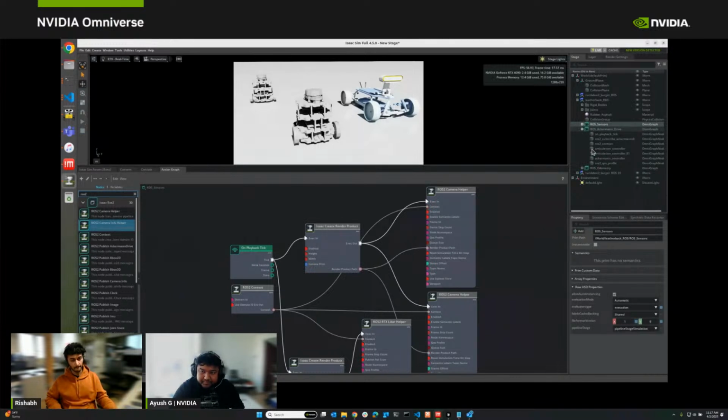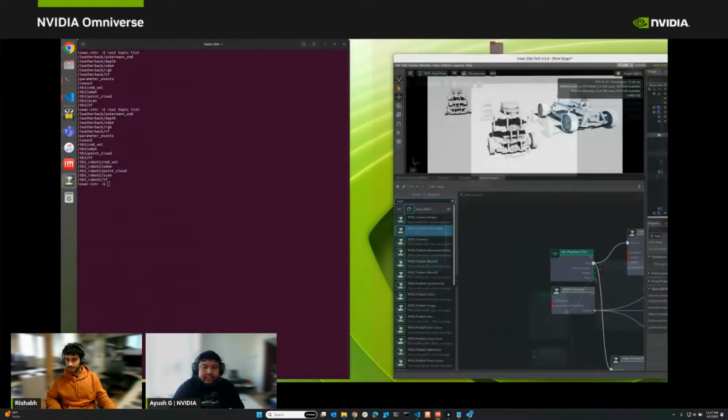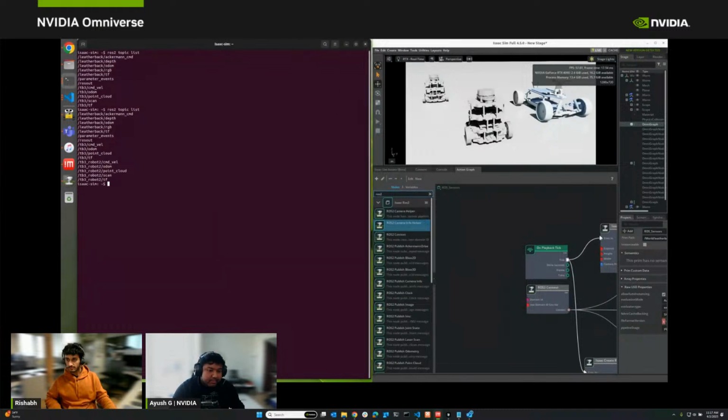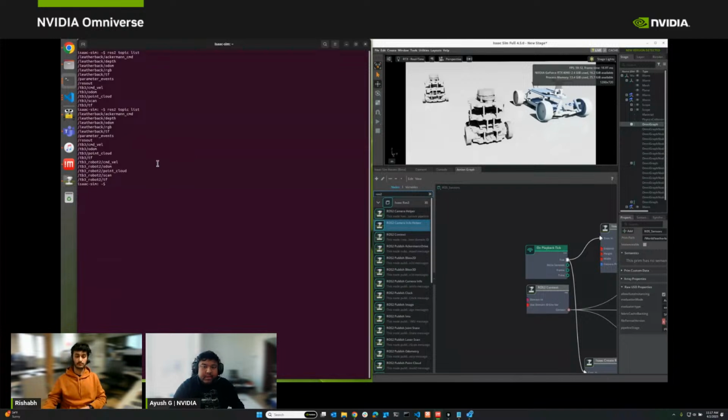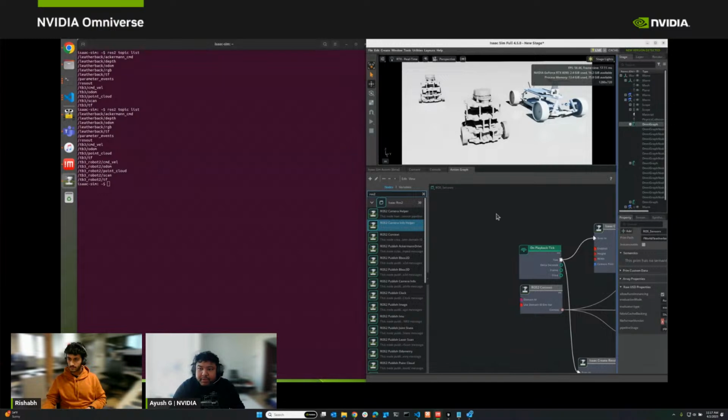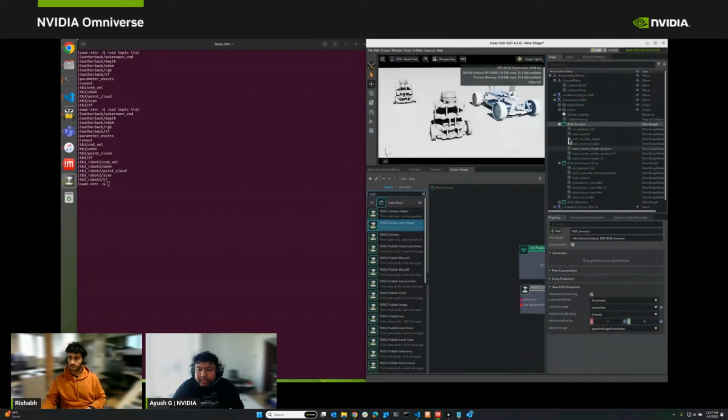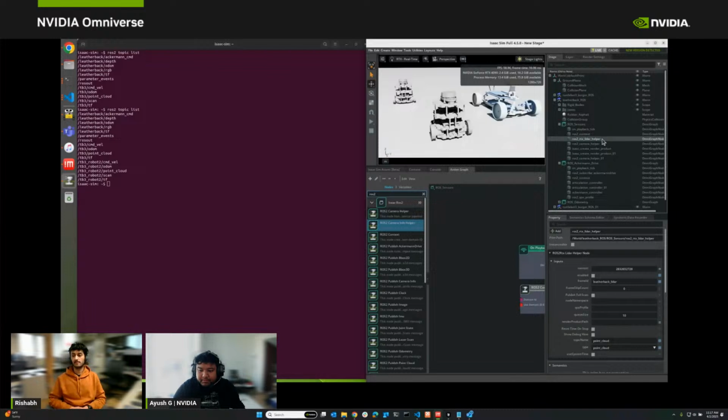And that is, for example, if we look at this, let me half screen this again. Like I mentioned, automatic namespacing, which is great. But what if you wanted to tweak your graphs so that not all graphs are automatically using namespaces? The way we do that is quite simple. You can go to some of your publishers. For example, I have a camera helper here, and you'll see that it has a namespace. So now if I set up my custom namespace inside, which is the old way of doing things,